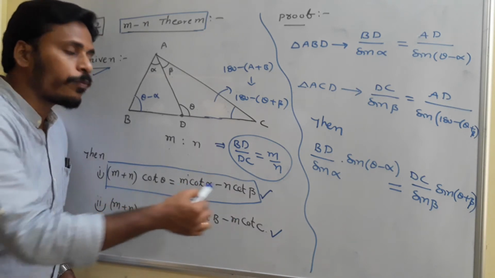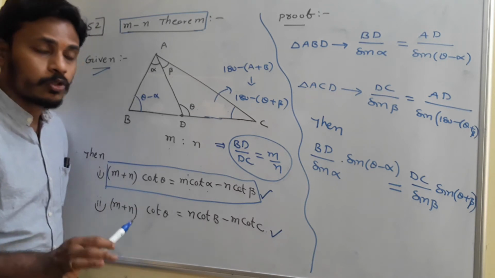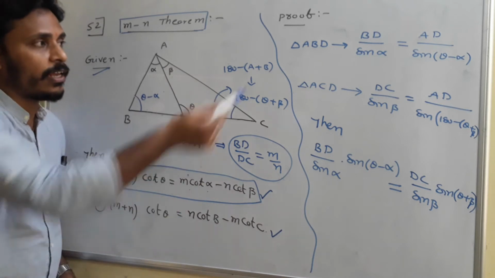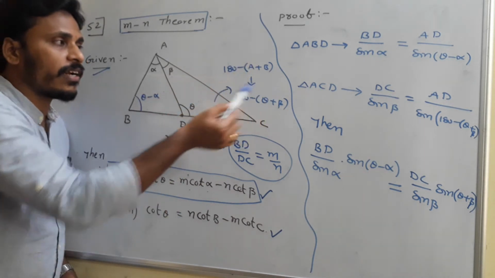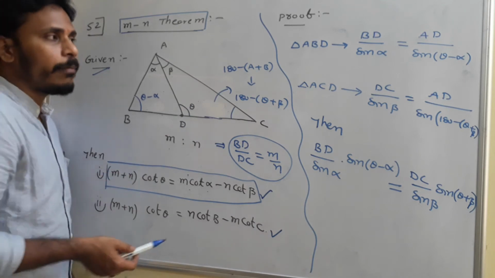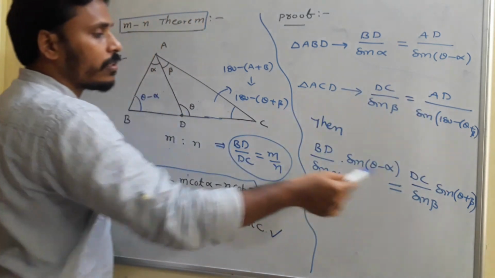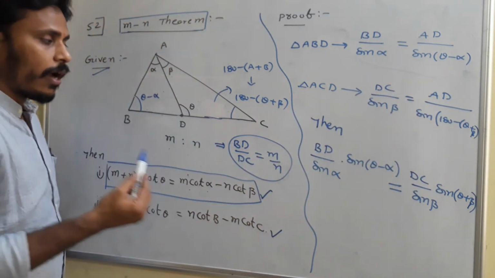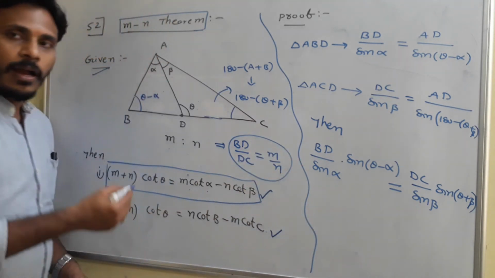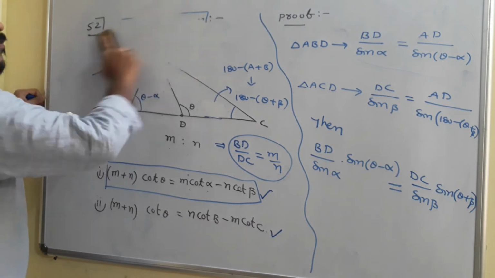And now I am going to prove the first statement. A similar proof is applicable for the second one also. To prove the first one, you just apply the sine rule for the first triangle and for the second triangle, and with that, you just eliminate AD. To eliminate AD, make AD the subject in this equation and AD the subject in this equation. We have at the end this. And you just memorize this, BD by DC is equal to m by n. I am erasing this for the space. Just have a look now.